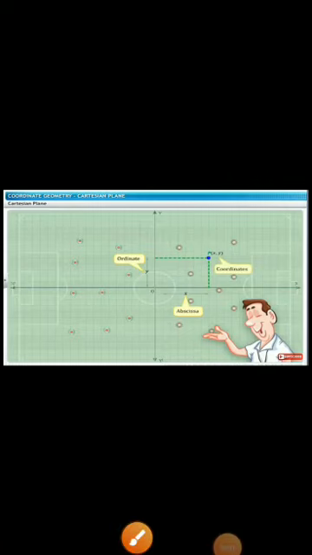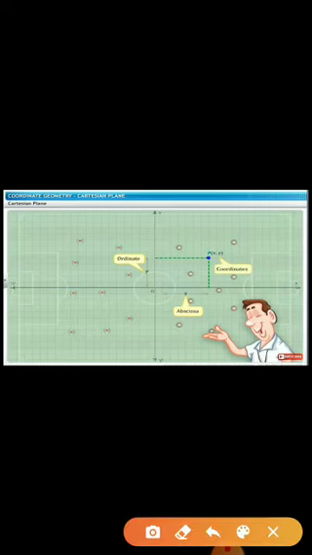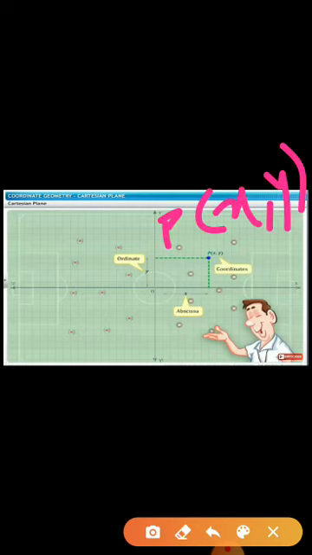Hello children. In the previous class, we had seen that if P is any point, then the coordinates of P we write as P(x, y), where x was your x coordinate and y was your y coordinate. The x coordinate was also called the abscissa and the y coordinate was also called the ordinate. Hope this was clear.